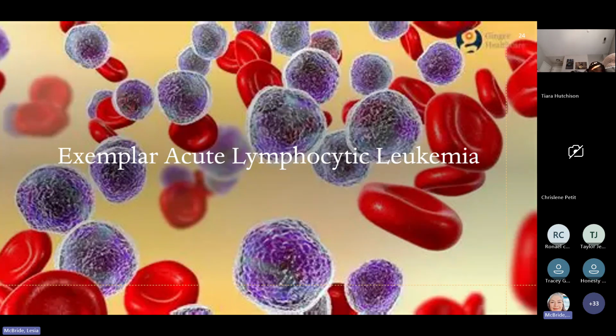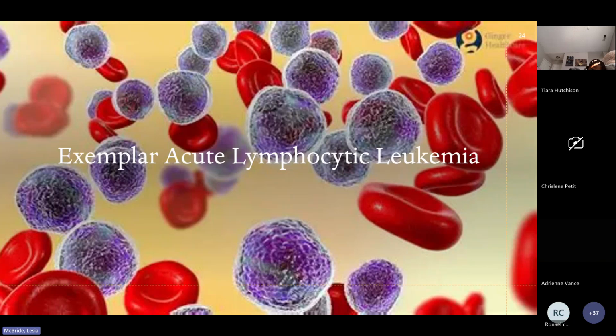Bruising is the number one thing that we see, especially with children, unusual bruising. And they always have a little bit of paleness to them. Their color is a little off. Acute lymphocytic leukemia is the most common type in children. Treatment usually results in the disease being cured, but it's not a successful treatment for adults. St. Jude's Hospital has done an excellent job in research and treatment of children and children's cancer. So they treat a lot of leukemia in children there.